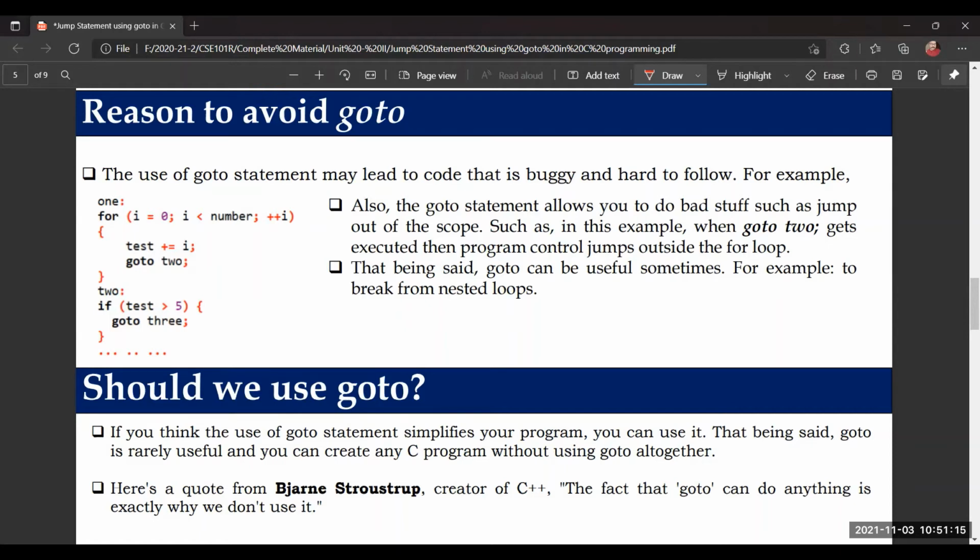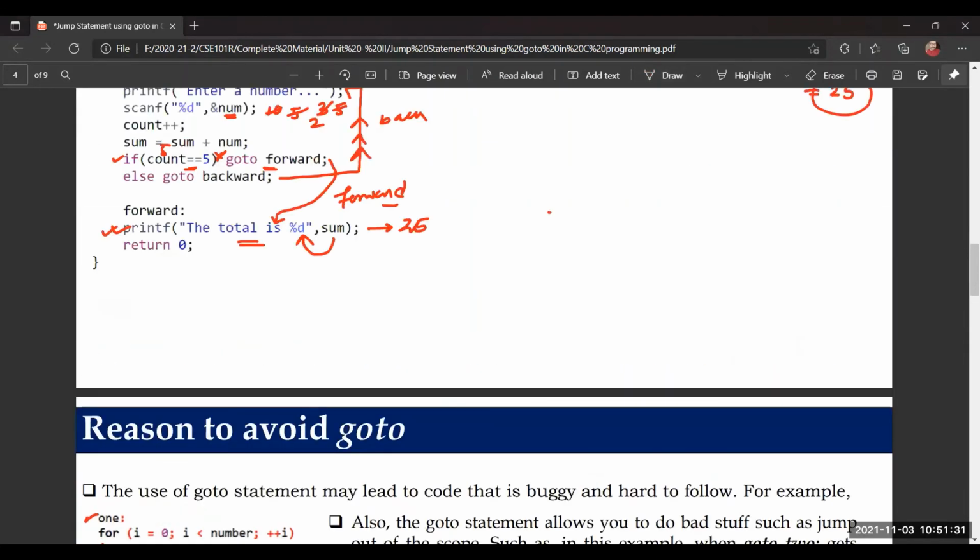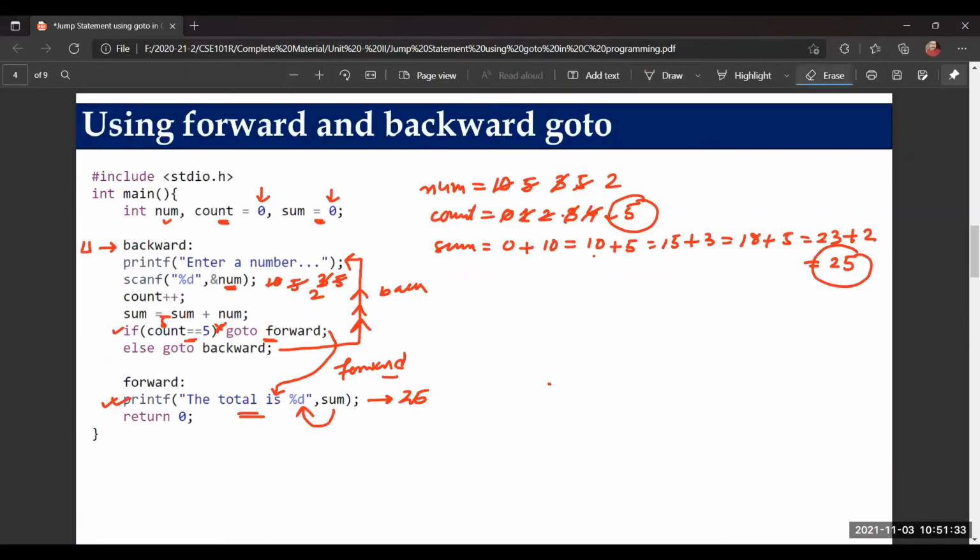Here you can see in this code, I'm using altogether 3 labels. So sometimes the programmer takes time to understand this piece of code and needs to invest some time. Although we can implement the same mechanism, if you want to repeat some piece of statements, as in the previous code, here you can see we are repeating these inputs.